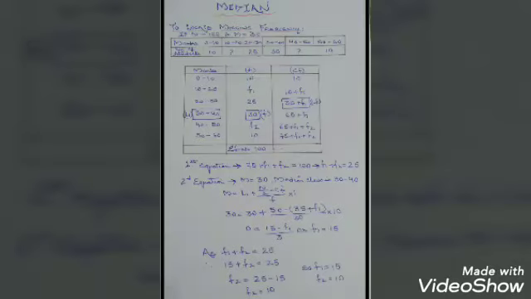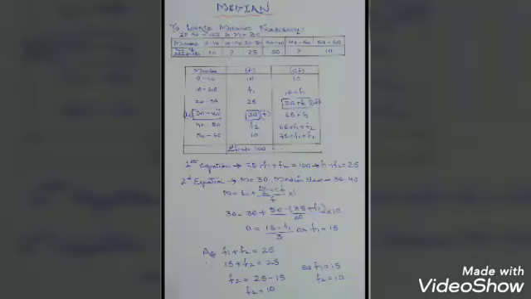If you all can see, there is a data which has been given, and according to this data we have to locate the missing frequency, where it has already been given that n equals 100 and m equals 30. That means our m has been given to us and n is 100. Now let's see the data where the marks are 0 to 10, 10 to 20, 20 to 30, 30 to 40, 40 to 50 and 50 to 60.